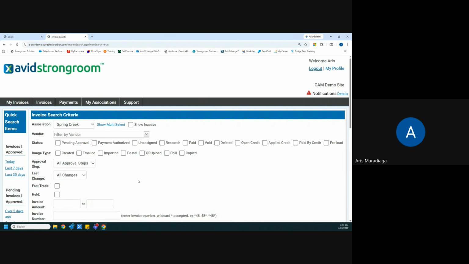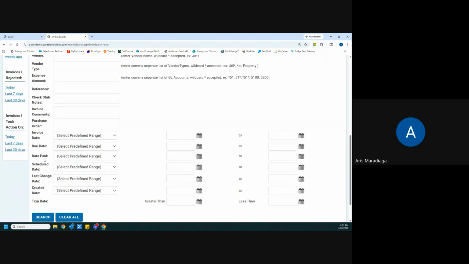What I recommend is if you go to the 3rd row, which is going to be status, simply click on pending approval. This pending approval checkbox is going to show you all invoices that are yet to be approved or rather paid for your association. And so if I click on that checkbox and then click on search,